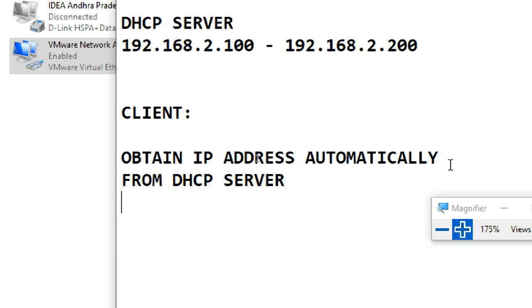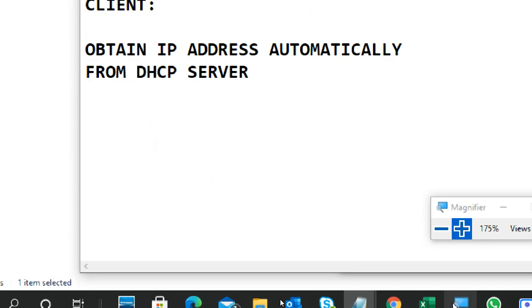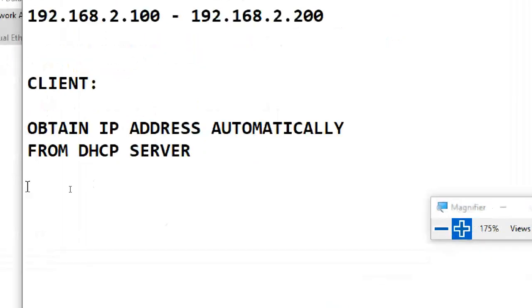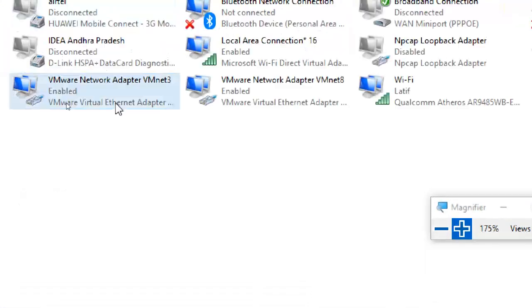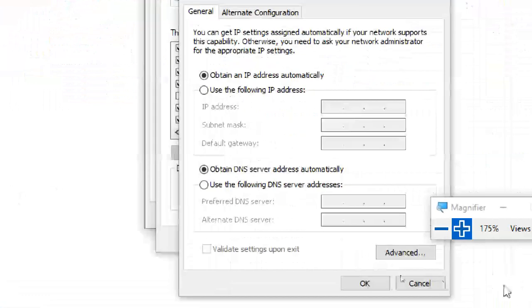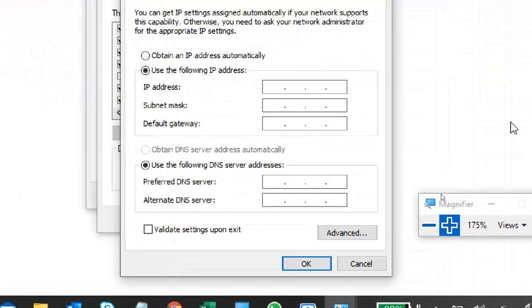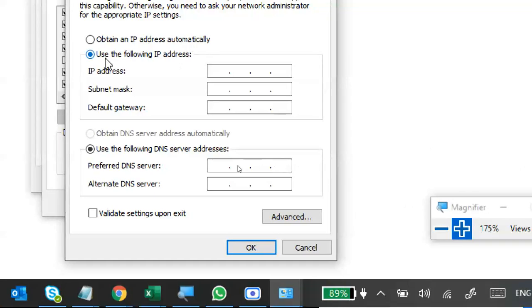This is the option. Next, if you see the other option, use the following IP address. Then we should assign some IP address.